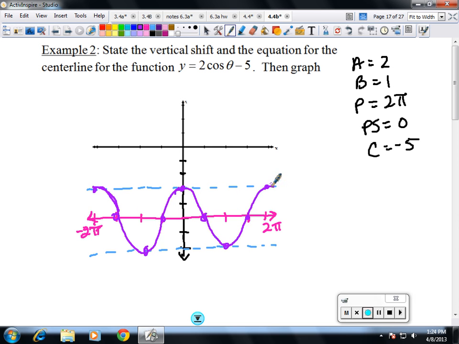Okay. And that's it. I'll make another one with the more complicated, putting it all together, like